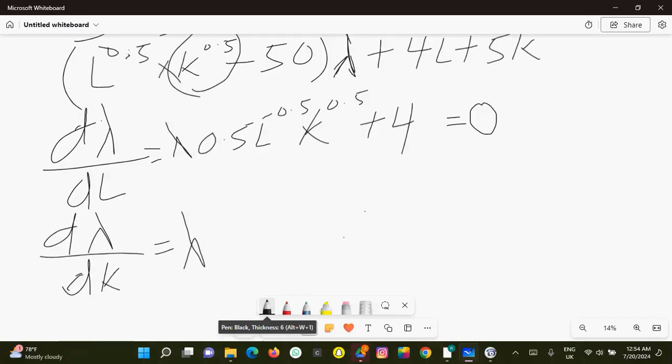So 0.5 L, because this 0.5 will come and multiply the L, and 0.5 L raised to the power 0.5, right? Then K